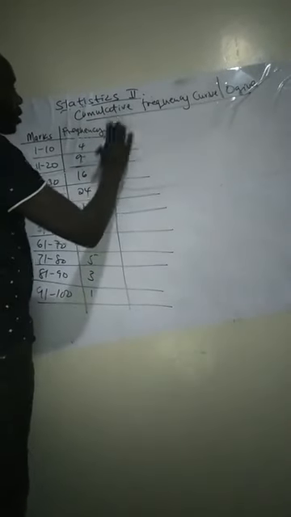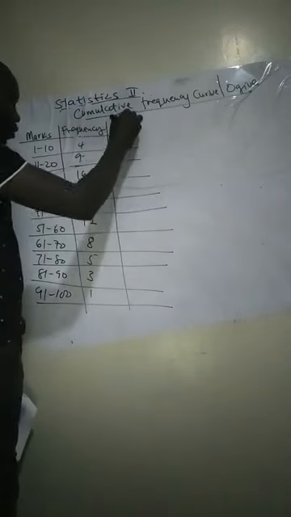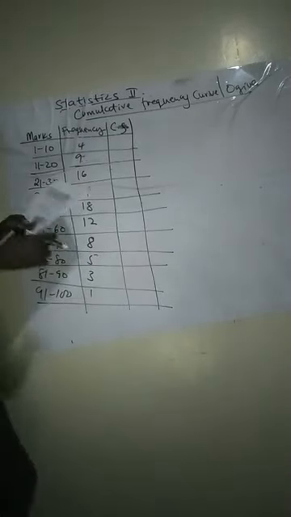Now, from even the name itself, cumulative frequency curve, cumulative frequency. That means you will need the column of cumulative frequency. Let me just call it CF, CF for cumulative frequency. So the first one will be